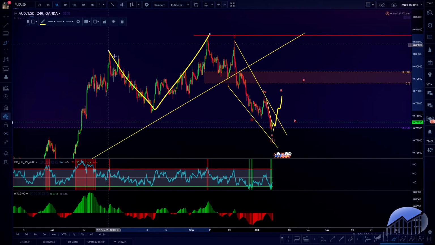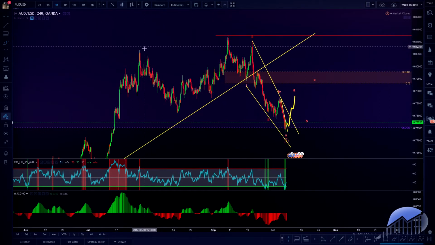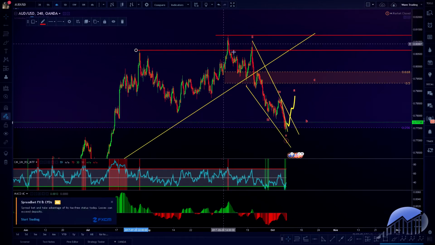Anyway, so we've had this from the high here. We've had this 3-wave correction, and of course the benefit of trading Elliott waves and understanding wave patterns is knowing that if I drew say a resistance line here, this isn't a breakout, so we know that's a bad buy because we're expecting 3 waves up after this choppy decline to